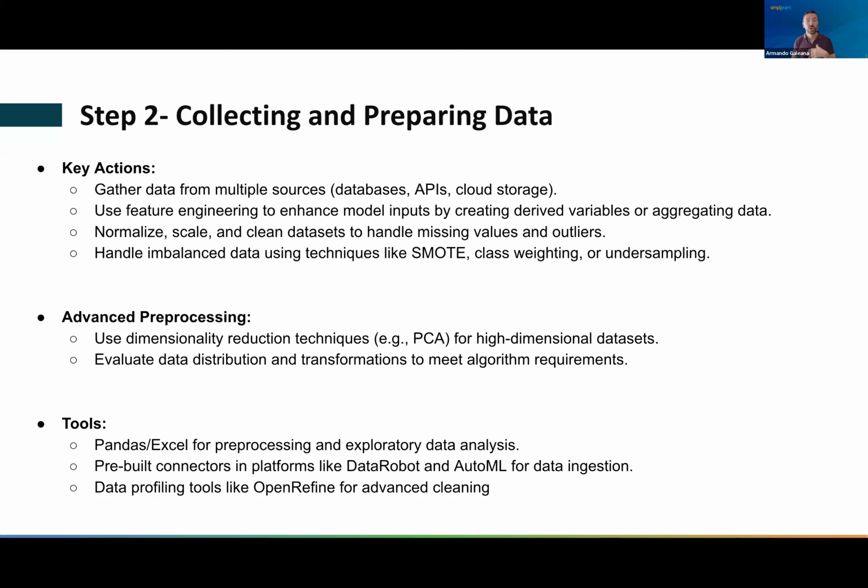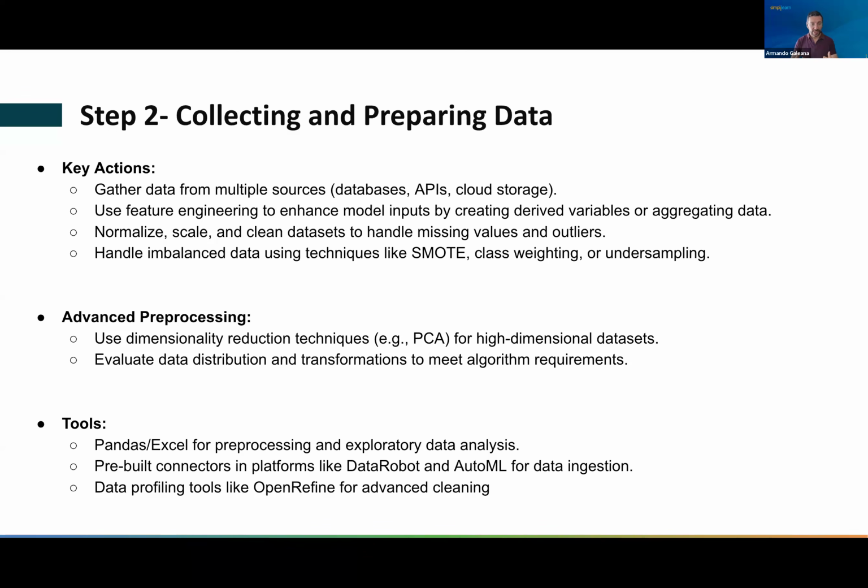Now, typically we need code for that. No-code platforms will do all this pre-processing to handle missing values, remove duplicates, deal with outliers, and normalize your data to ensure consistent scales. All that will be taken care of by the platform, so you don't have to do it. But it's a step, okay? You cannot miss a step. Whether you code or you don't code, this step is mandatory. Also the feature engineering, like creating new variables to capture maybe some domain-specific insights.